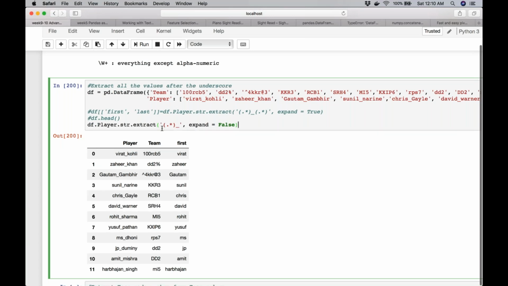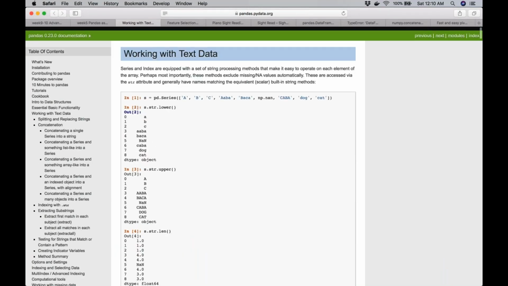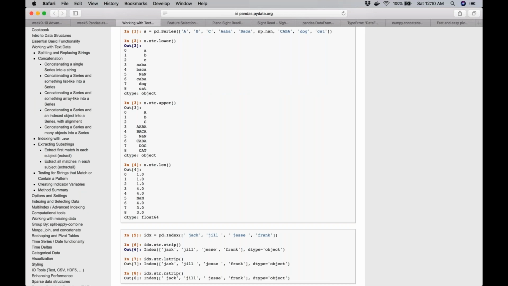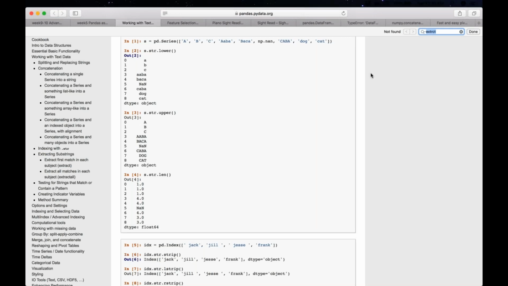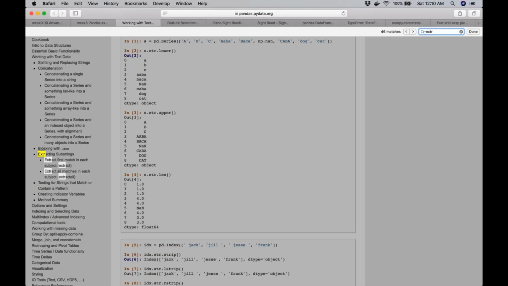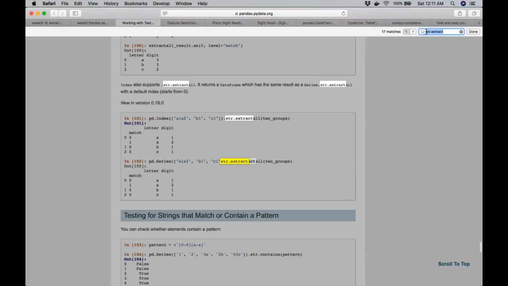I'll tell you the context behind specifically using the expand. Let me go to the extract. I hope this is the latest. Yeah, it's point 23. So what happened was, in the latest version of Pandas, str dot extract.